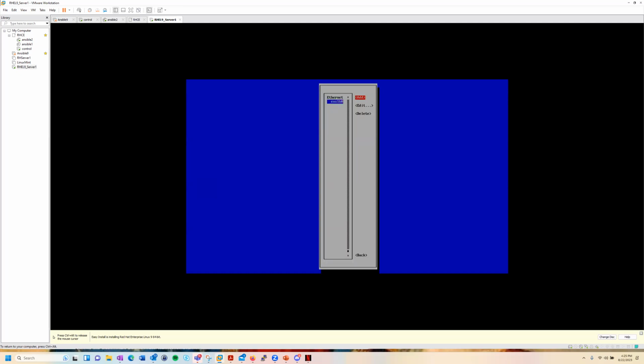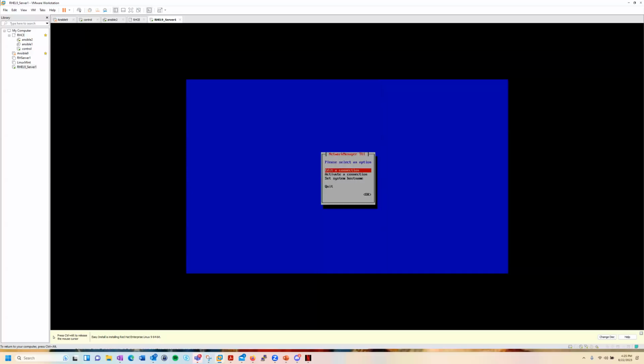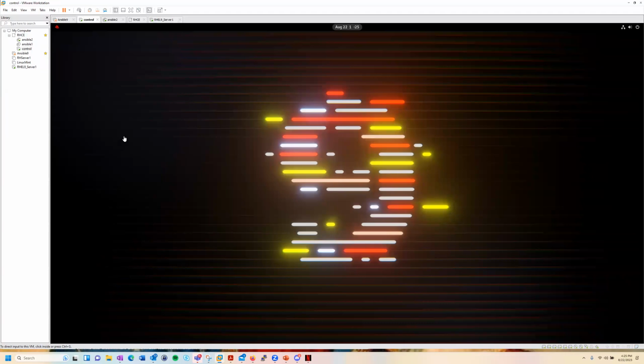And this should be enough to get you going with creating your own virtual machines. Again, the example I gave you was creating a minimal install Linux. If you go with Server with GUI, your interface would look like this, where you'll have the GNOME desktop with all the